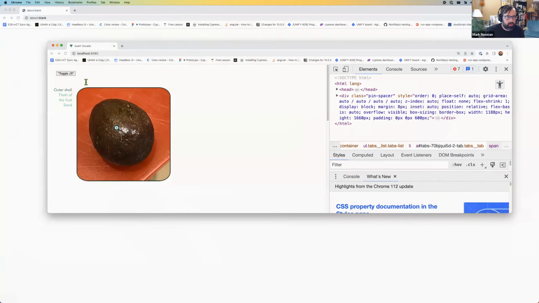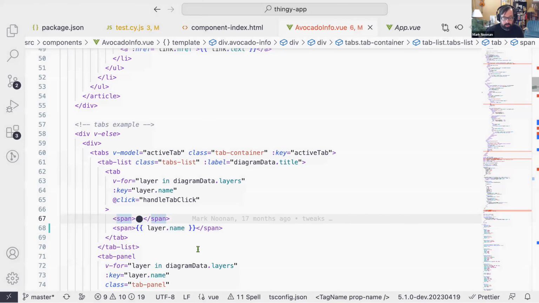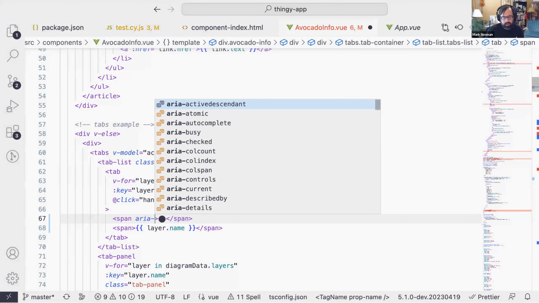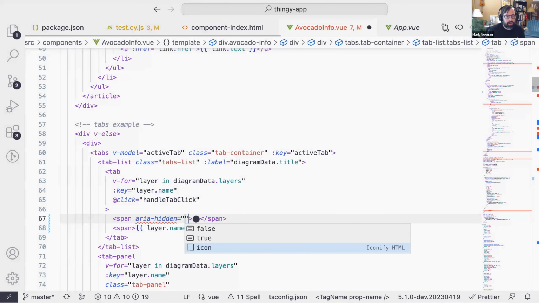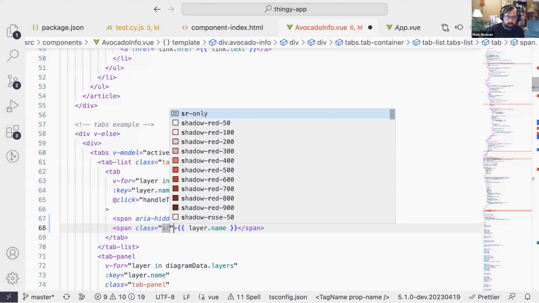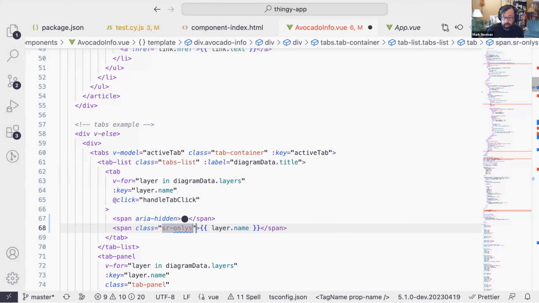And so let's see, this is a little bit of progress, and I just want to separate which ones are going to be displayed and which ones are going to be announced to screen readers. So I can use aria-hidden to say this icon is meaningless, right? We don't care about it. We want it to just not show up in the accessibility tree. And then I have a class that hides things with CSS, but leaves them in the DOM. So this is sr-only, or screen reader only. This is a pretty common pattern,